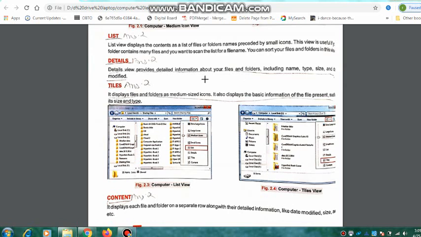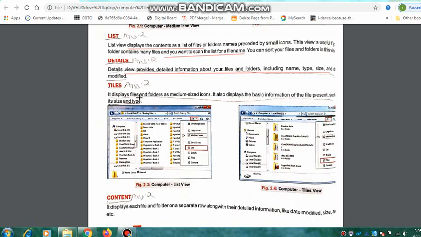Now the next one is list view. The list view displays the contents as a list of files. This view is useful if your folder contains many files and you want to scan the list for a file name. Details. Details view provides you the detailed information about your files and folders like type, size, name, etc.